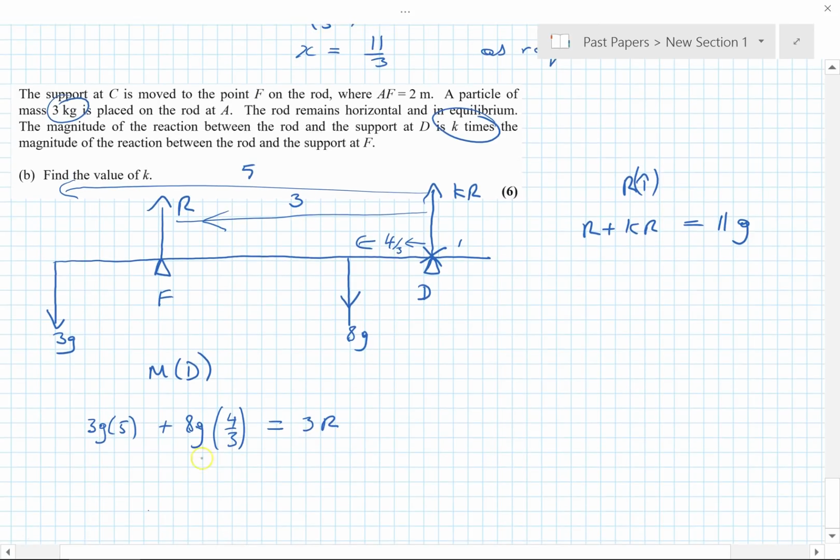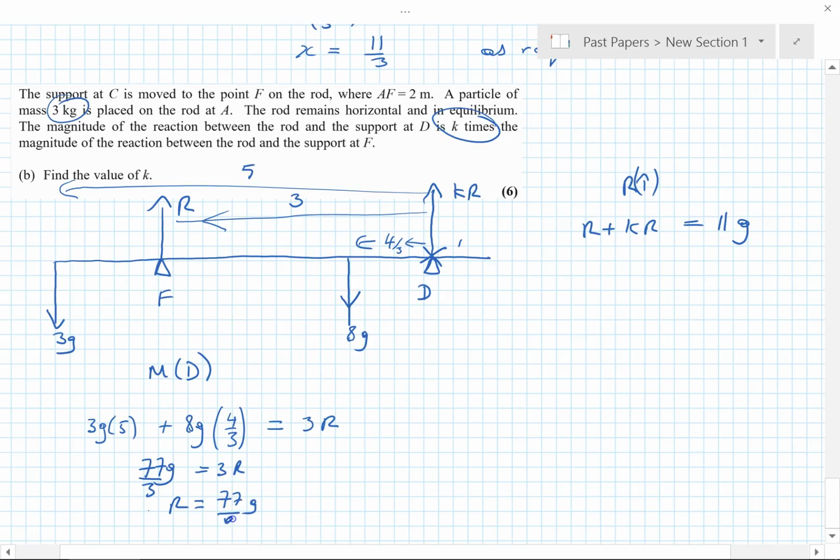Okay, well, that's 15g plus 32 on the top, so that works out to be 77g over 3 is equal to 3r. So r is equal to